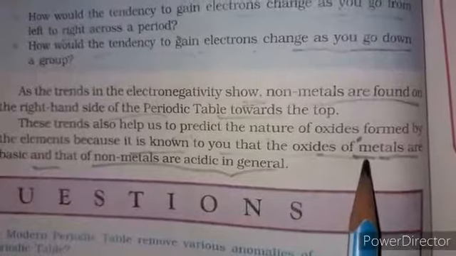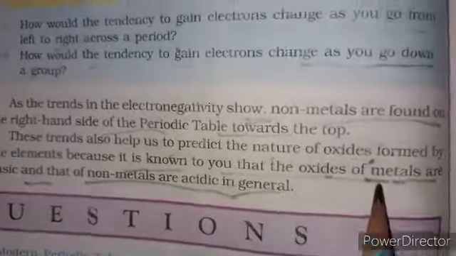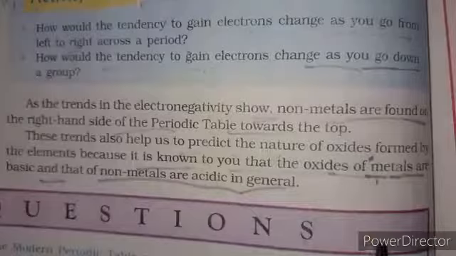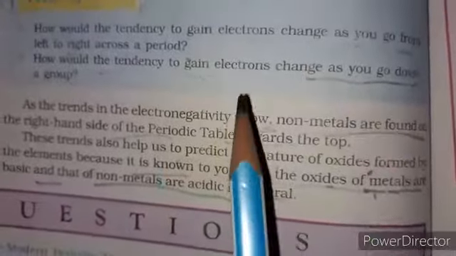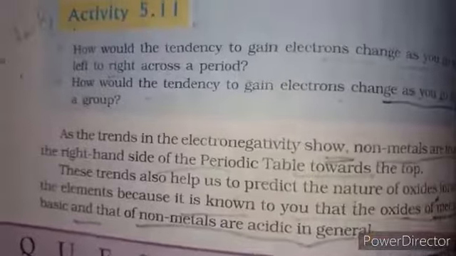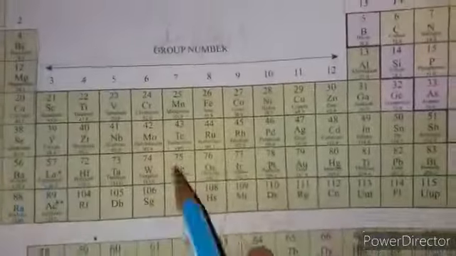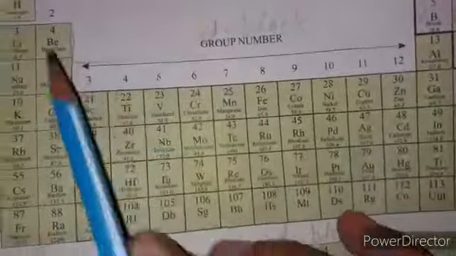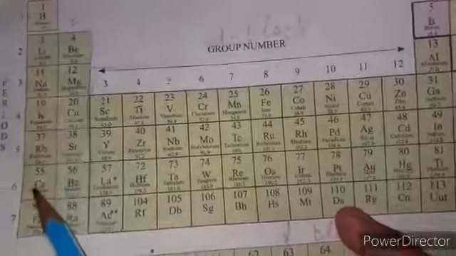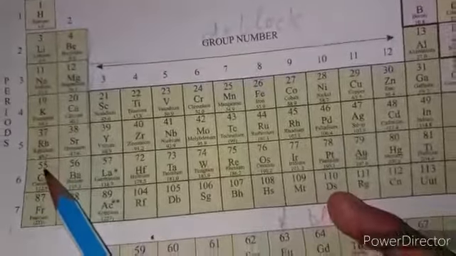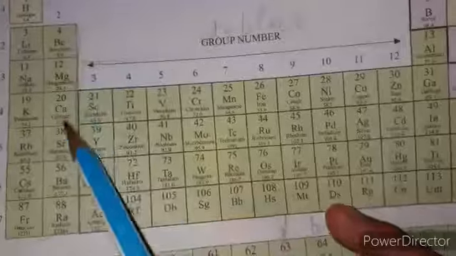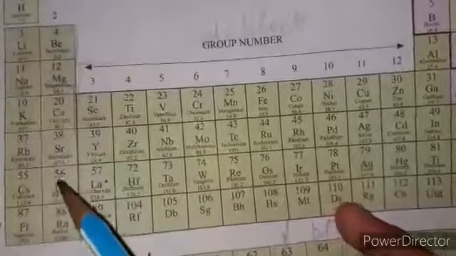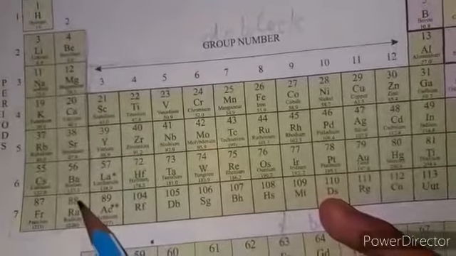So the oxides of metalloids or borderline elements are amphoteric in nature. Now we discuss all the properties with the help of the periodic table. It is a modern periodic table, and you know that on the left-hand side we have typical metals, which are soft metals. These are alkali metals because their salts are easily soluble in water. These are called alkaline earth metals because their salts are not easily soluble in water.